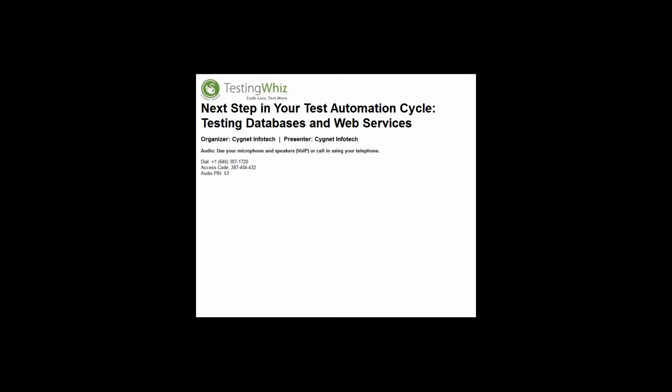But even before moving into backend testing, I want to highlight more about the actual backend. What do you mean by backend? If you talk to a lot of people in the market, most of them would say that doing database testing would be considered as backend testing. That would be true. At the same time,